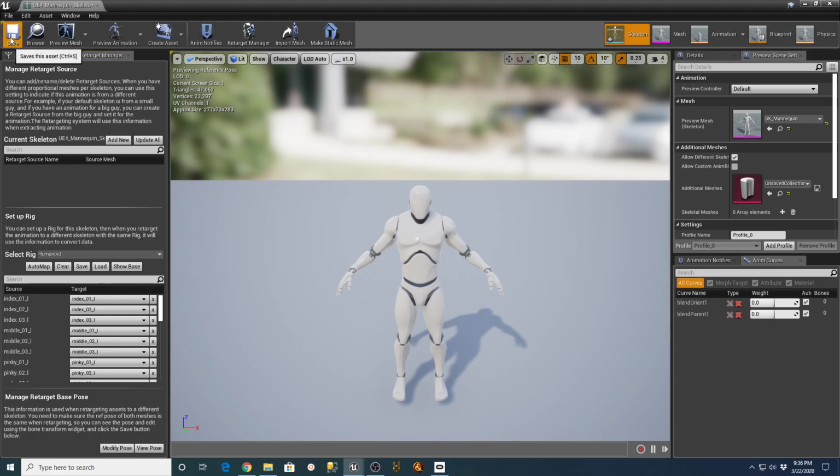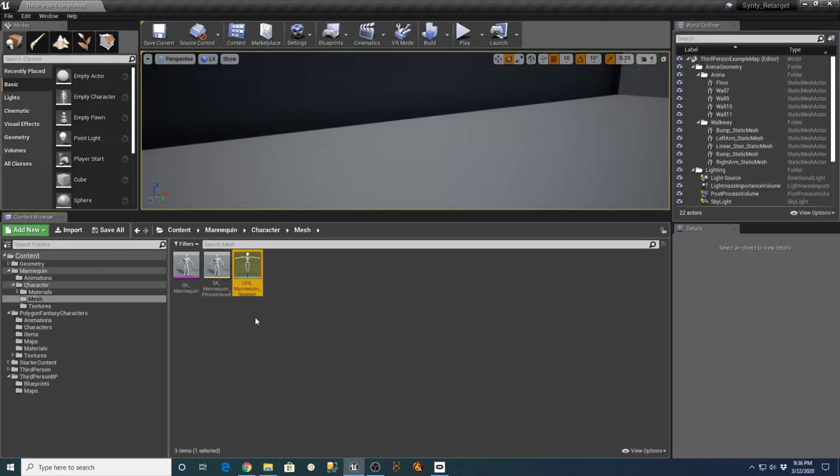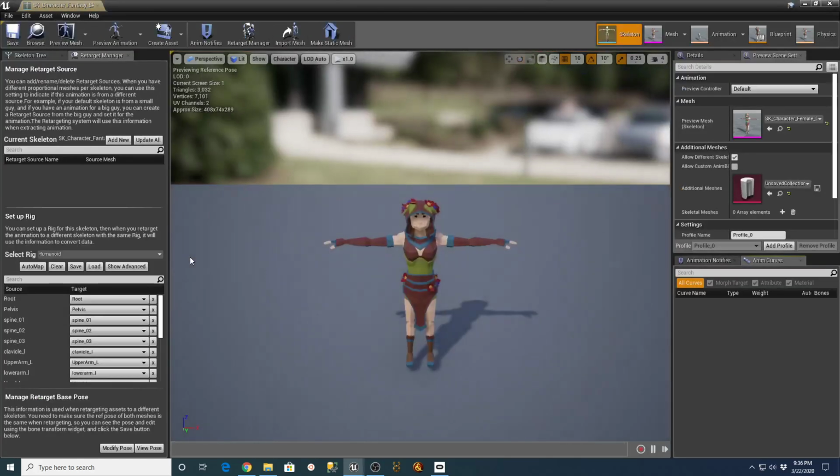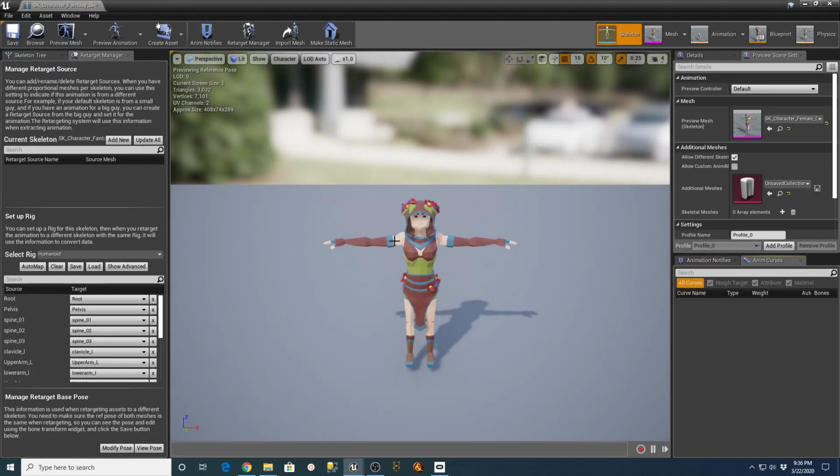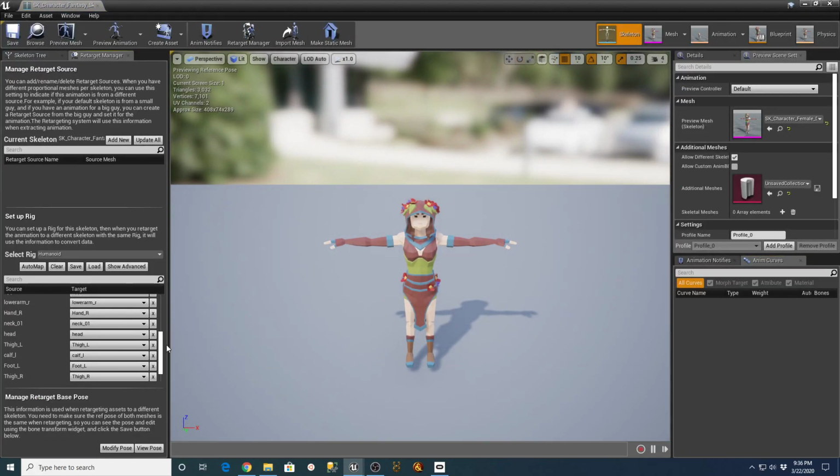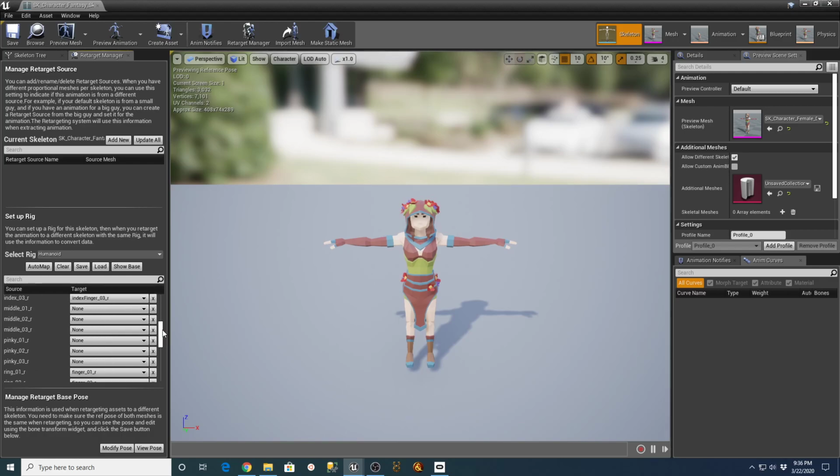When you do that, you hit save. Now your character's in an A pose. And if you go to the Synty character skeleton, this character's in a T pose. And also some of the mapping, let's go to the advanced side. See, this is what I was talking about last night if you watched any of this.